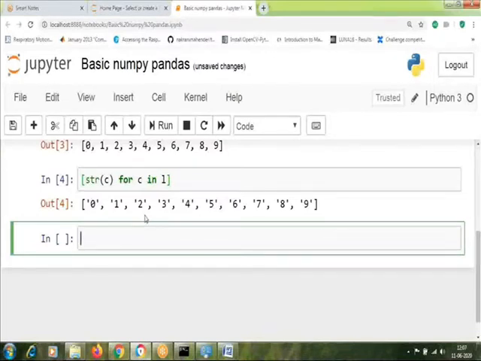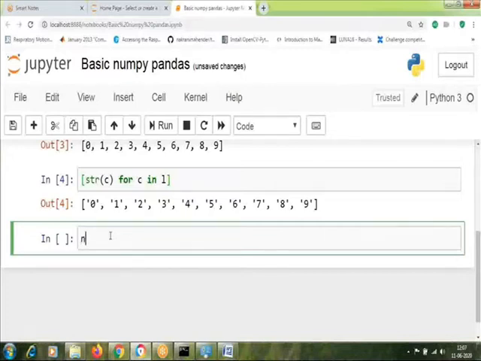Now let's talk about NumPy. That was the advantage of Python, but now we talk about NumPy. First we'll create an array using NumPy, with the value zeros.